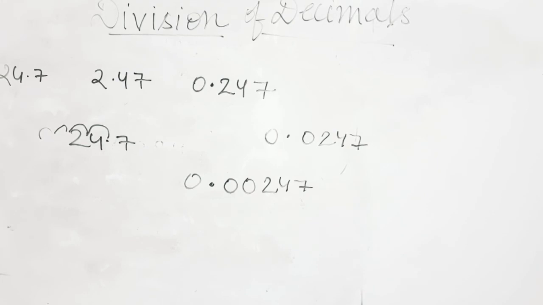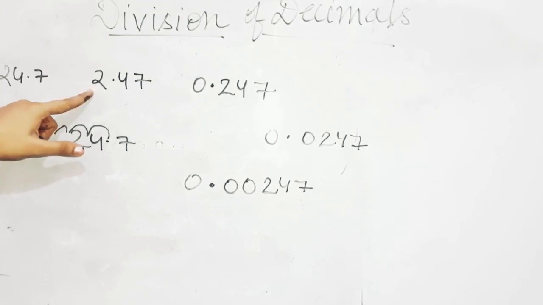So students, on the basis of the explanation provided by me about division of decimals, you have to solve exercise 6F, question number 1 in your maths book. Use a pencil, don't use a pen and don't make your book messy. The first one I have done for you, 24.7. Firstly, it has to be divided by 10. 10 has how many zeros? 1 zero. So the decimal point will be shifted by 1 place, in the left hand side direction. So the final answer after dividing by 10 is 2.47.